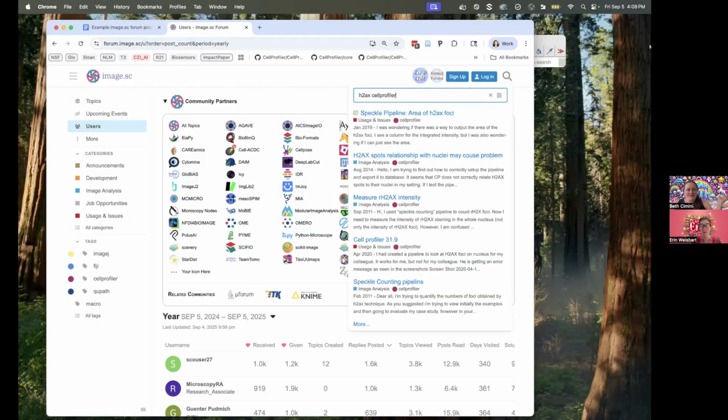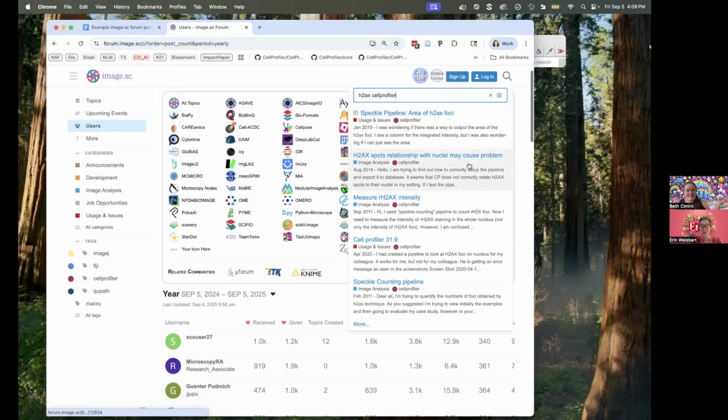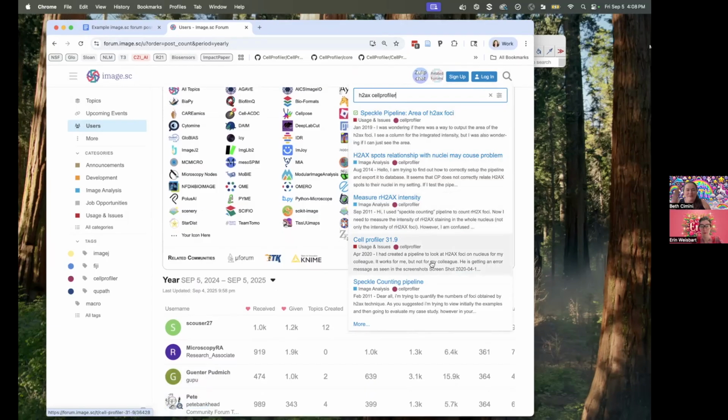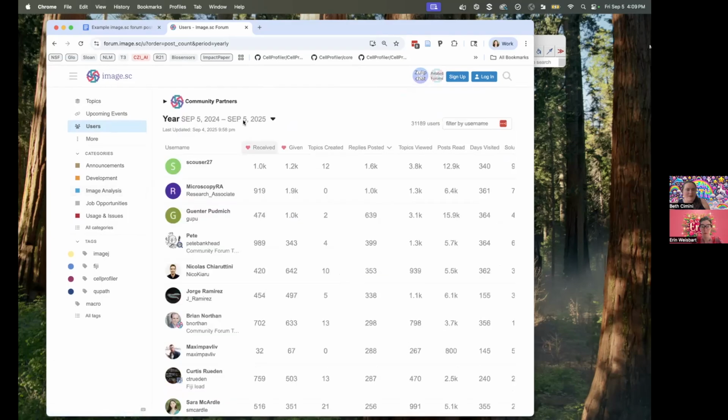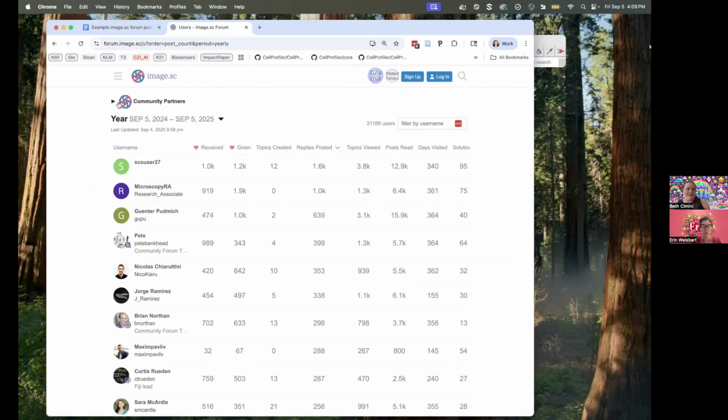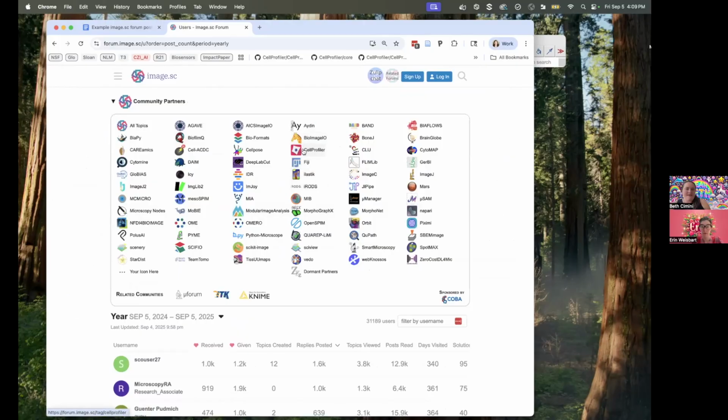So you can just search a thing and see if anybody has already posted about the question that you have, or if you're getting an error message you don't understand. You can post the error message and search and see if maybe somebody's already solved it. And one of the things I do like about how this forum software works, which is a platform called Discourse,